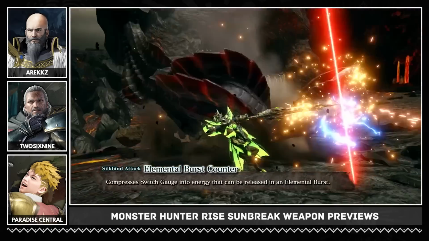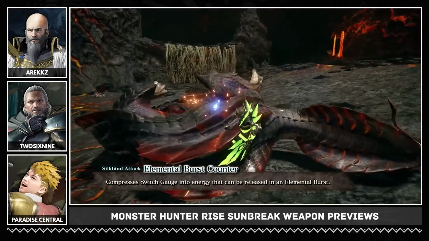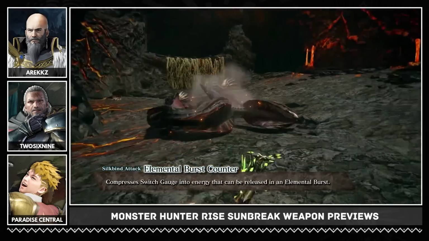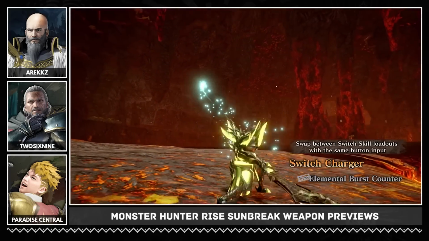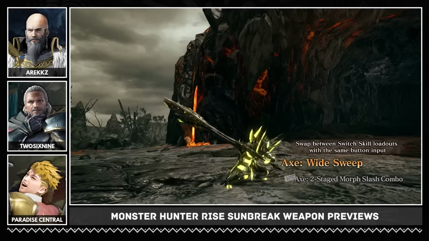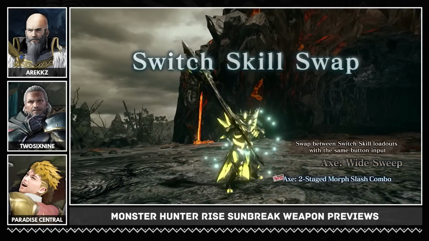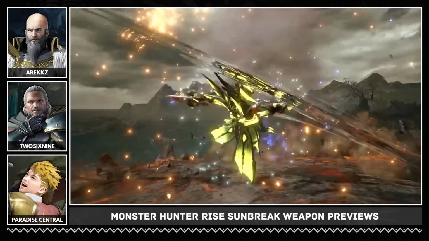Well, I'm going to jump straight into the most exciting part, which is the Siltbind Elemental Burst counter. To be honest, the one thing the Switch Axe really felt like would have taken it to the next level as a weapon is to give it a counter skill. We can argue whether or not it should have got a counter skill, but the fact that it has, at least we'll get one now, is so cool and exciting, and it looks really cool just to execute it, and the way that they flowed it into